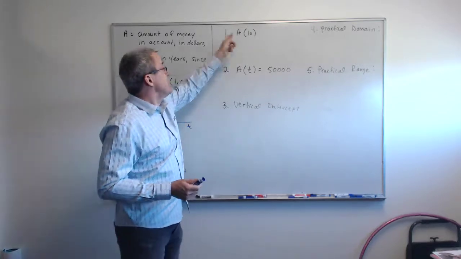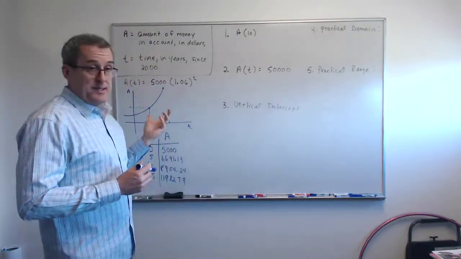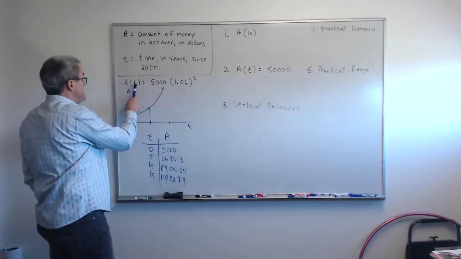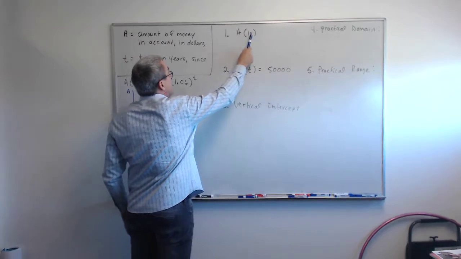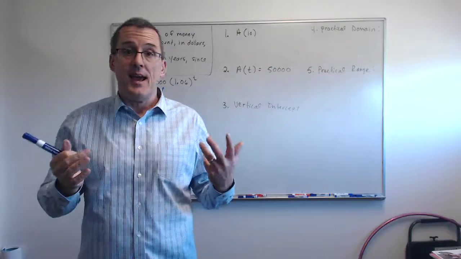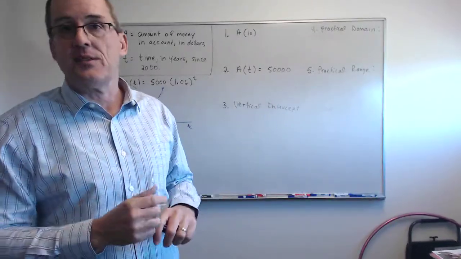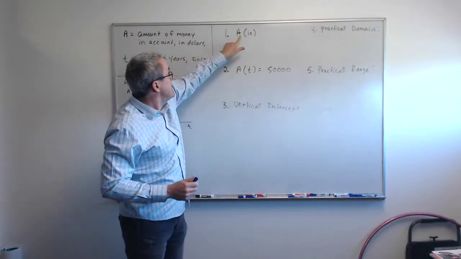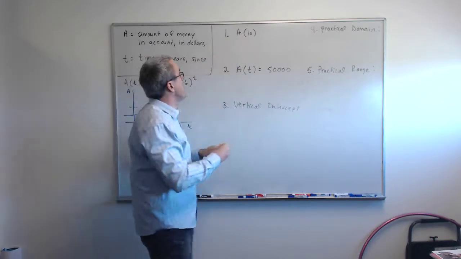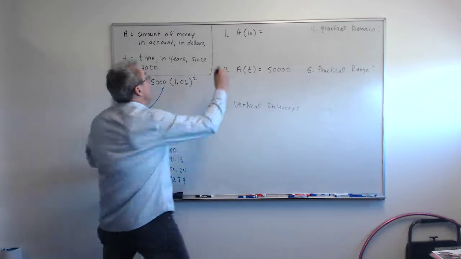And so here would be a question. A of 10. We say A of 10. What is it and what does it mean? So A of 10. Notice A of t. A of 10. So 10 is the number of years. So when I see A of 10 in this context, I say that's 10 years since 2000. So that's 2010. And A of 10 says how much money, what's the amount of money in this account after 10 years? So after 10 years, the amount of money is